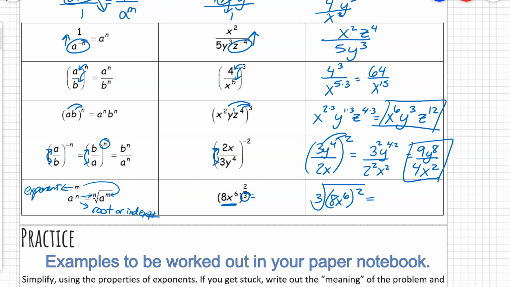So 2 times 6 is going to give us 12, but we also have 8 squared, which is 64. x to the 6, 12. Okay, and then looking at what we can simplify here, we would have